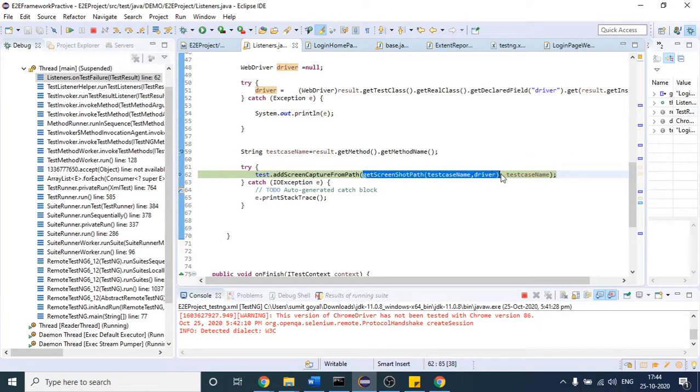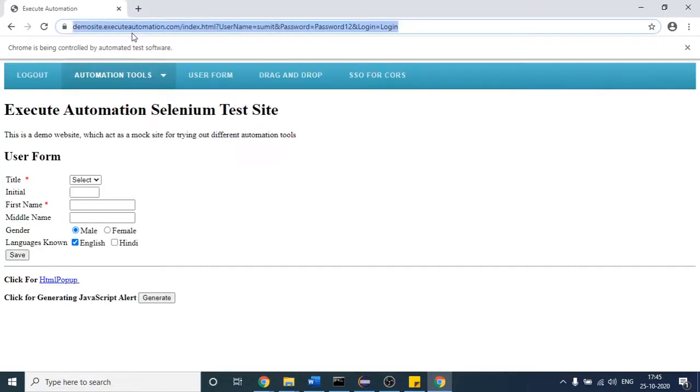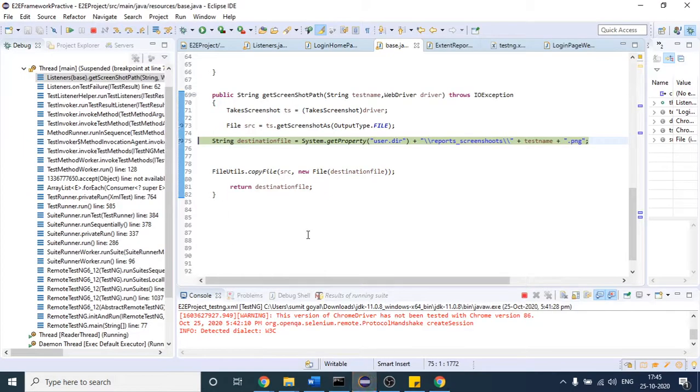You can see what I am trying to do. It will first give me where our screenshot is present. If I execute this, it will take you to your base file because I have put one debugger here. It will take the screenshot automatically. So let us wait. I think I moved my mouse, so I am not sure if I have to do it again. I think it has already taken it. Okay, fine. A screenshot is present here.